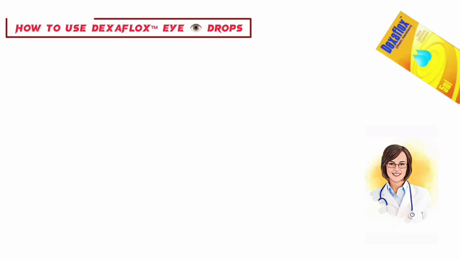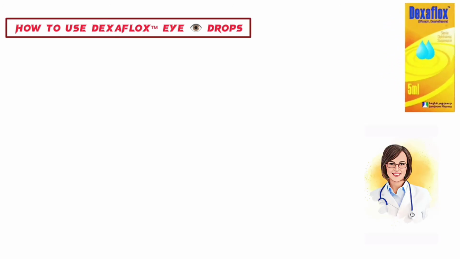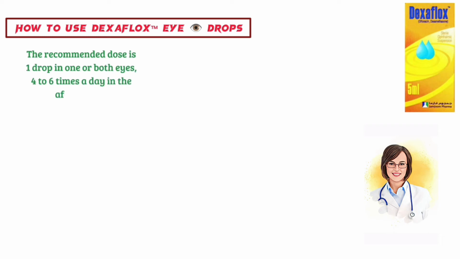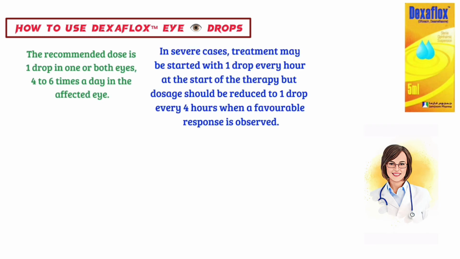How to use Dexaflox eye drops. Always use Dexaflox exactly as your doctor or pharmacist has told you. Check with your doctor or pharmacist if you are not sure. The recommended dose is 1 drop in one or both eyes, for 2 to 6 times a day in the affected eye. In severe cases, treatment may be started with 1 drop every hour at the start of the therapy,